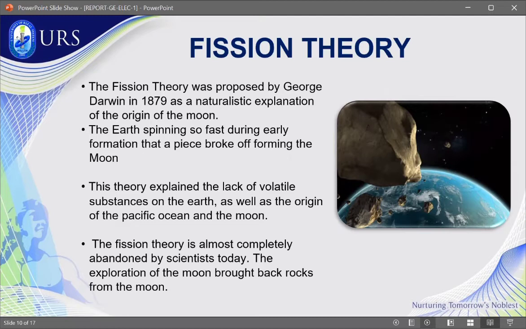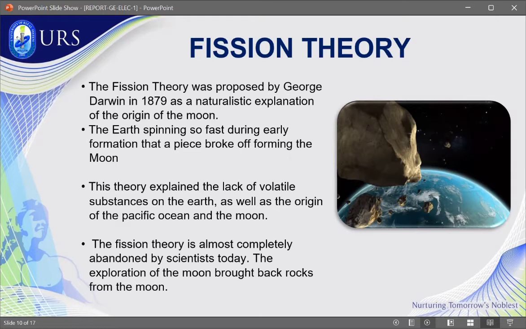Not until scientists and astronomers made discoveries in the late 1990s. They gathered data and solid evidence, like rocks, that they could use to confirm whether this theory is really accurate. But unfortunately, some research shows that the components of the Earth and Moon are not really similar. Studies also show that the Moon existed before the Pacific Ocean did. So the claim that the Moon came from the Pacific Ocean is impossible.